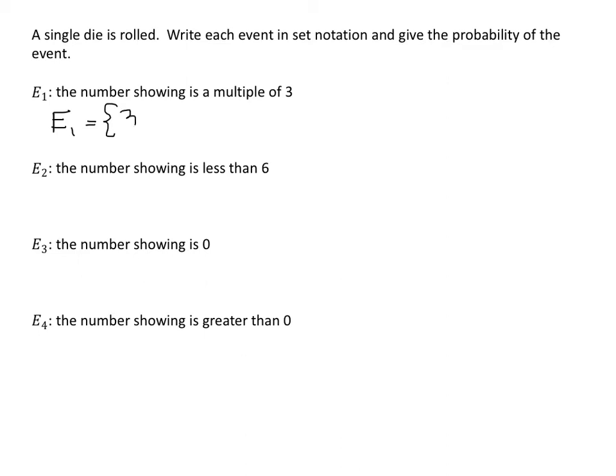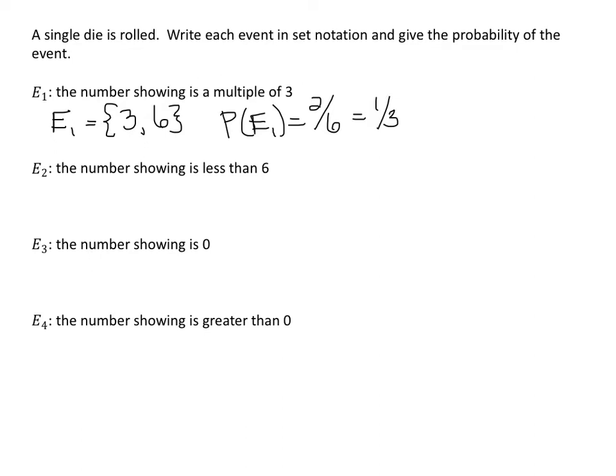Well, we could have a 3, or we could have a 6. So then, what's the probability of that happening? We write the probability of event 1